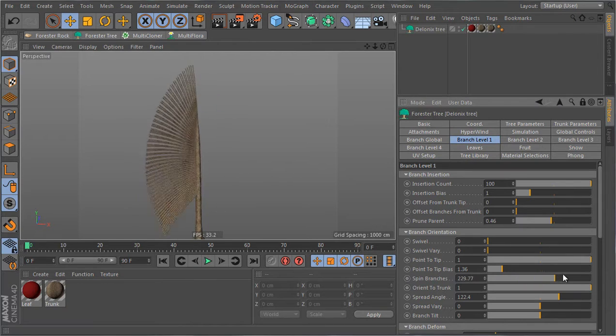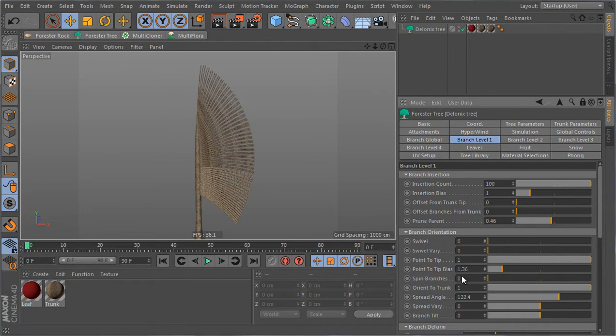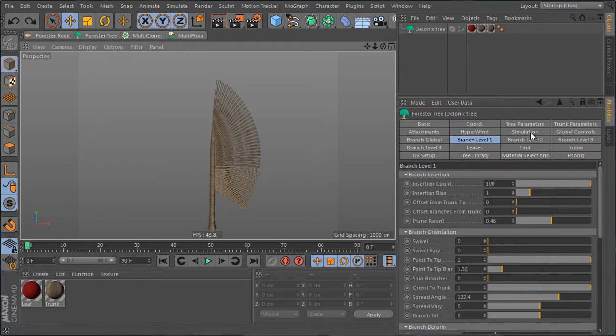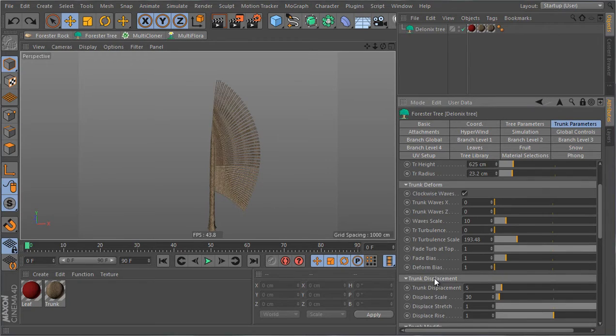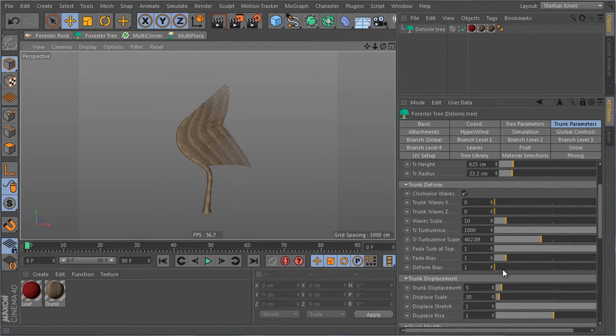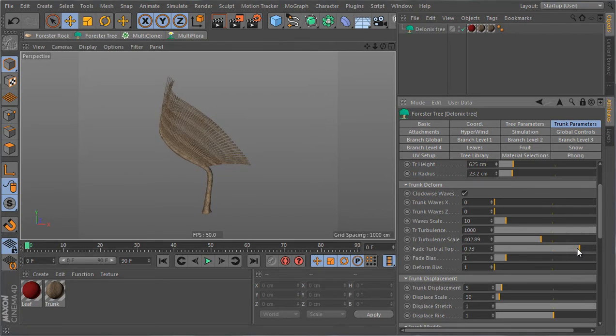Spin branches will spin the branches around the trunk like this. Orient to trunk is very important. If I go back to the trunk parameters, and here I increase the trunk turbulence to a large value and then increase the trunk turbulence scale. So we see that now the trunk is no longer vertical. Also, I'm gonna reduce the fade turbulence at top so that the top of the trunk is no longer